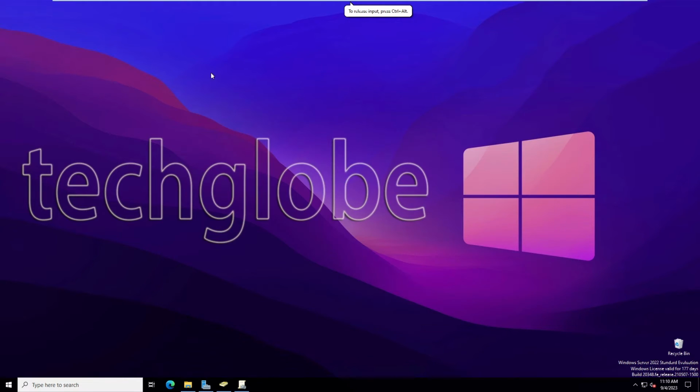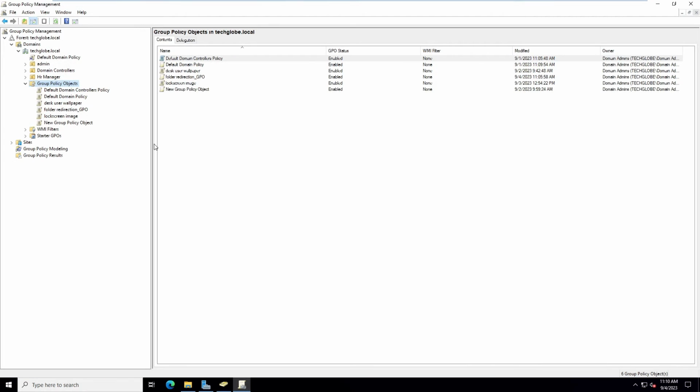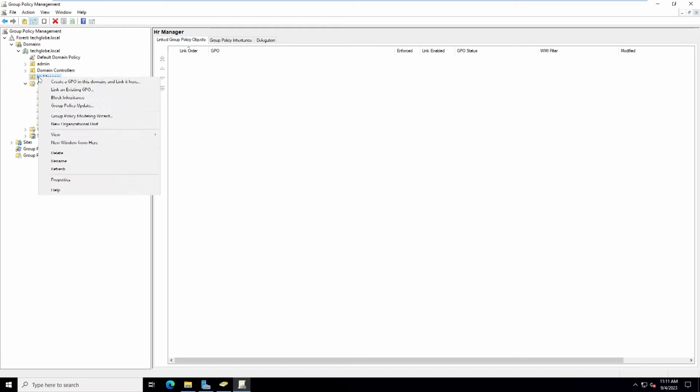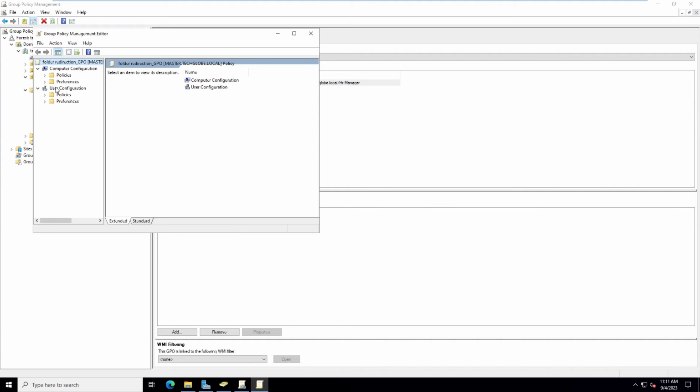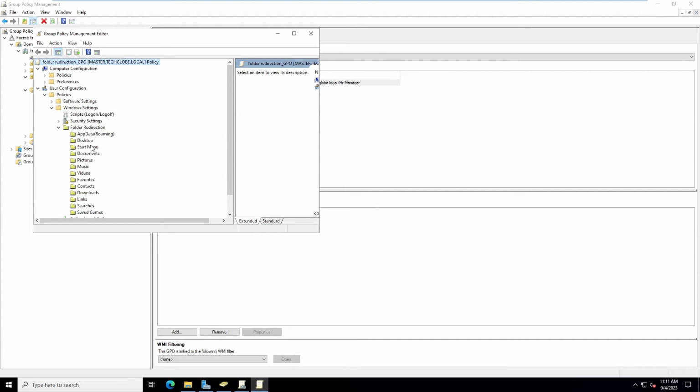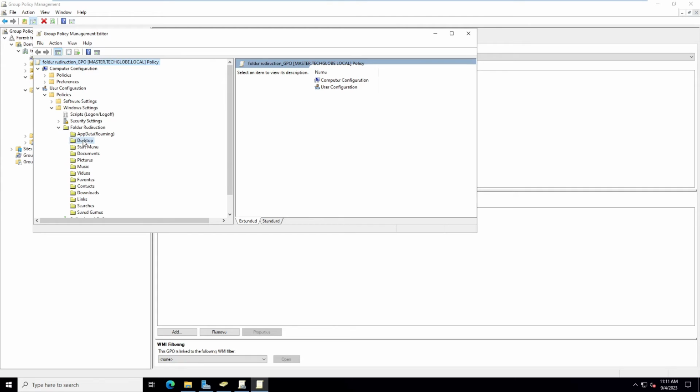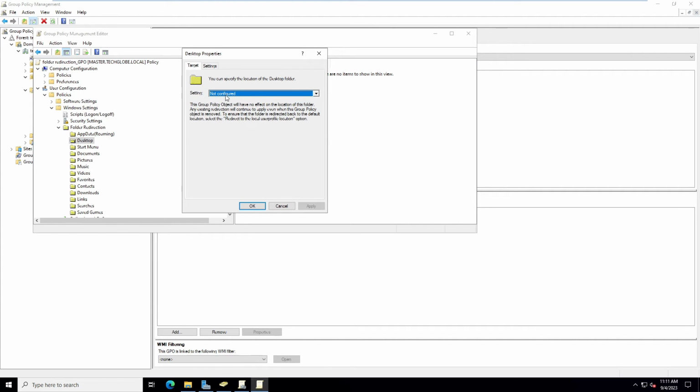Now go to Group Policy Objects, and here there is HR Manager. Right click and link it with the folder redirection GPO. Then right click, go to User Configuration, Policies, click Windows Settings, go to Folder Redirection, expand that, and here right click and properties. Select Settings, go to Basic, redirect everyone's folder to the same location, and